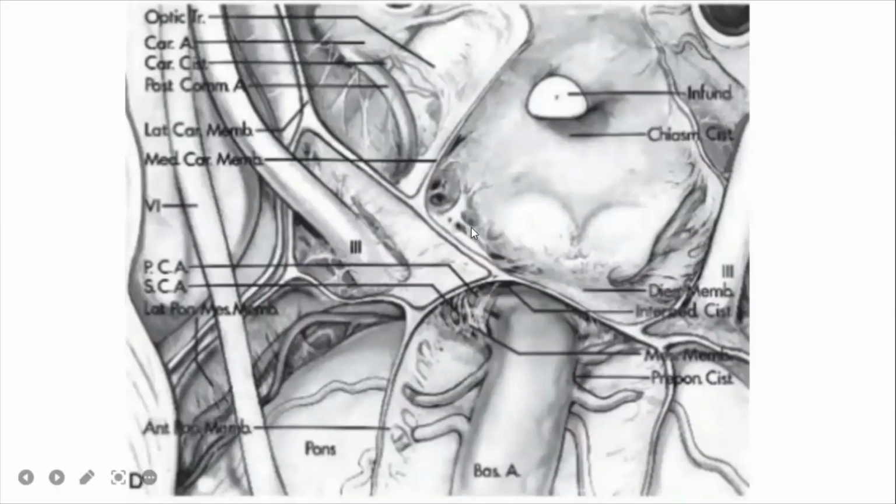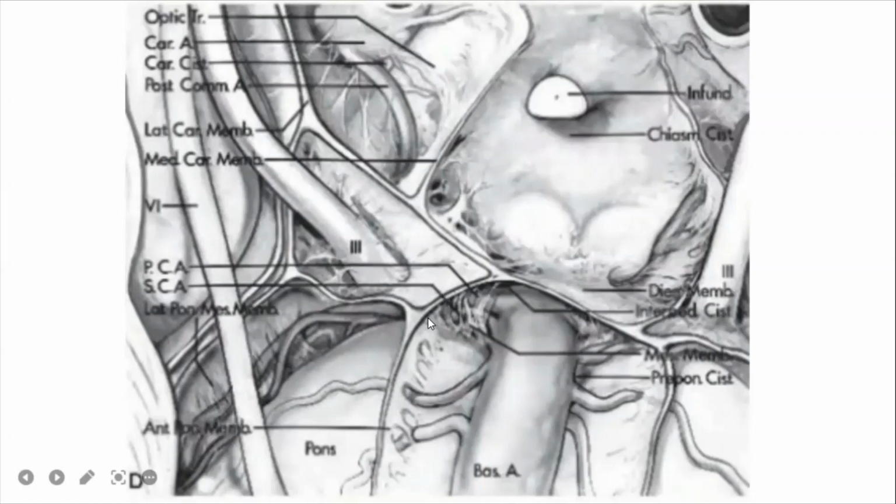This is also an anterior inferior view in which we can visualize the mammillary bodies over here. This is the chiasmatic cistern, and in between the chiasmatic cistern and the interpeduncular cistern is a thin liliequist membrane. Over here is the diencephalic membrane, whereas the membrane separating the interpeduncular from the prepontine cistern is the mesencephalic membrane. These membranes, the diencephalic and the mesencephalic, communicate on the lateral edges and cover the third nerve,